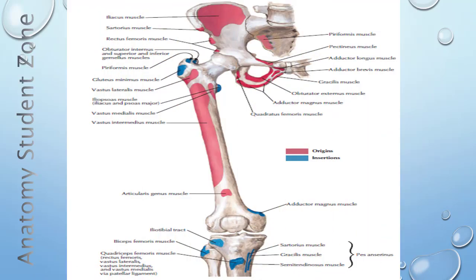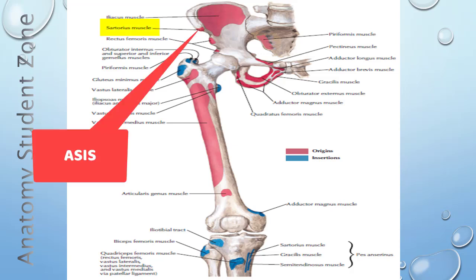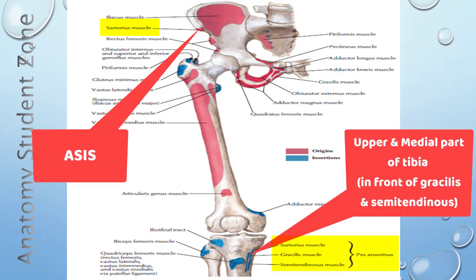So now I will tell you from which part of hip bone it's arising. So as we can see, this is going to take an origin from the anterior superior iliac spine of hip bone, and then it's going to attach on a femur bone, and it is going to attach on the upper part and the medial surface of a femur bone. Remember, I'm going to repeat it again. On a femur bone, it is going to attach on its upper part and a medial surface.